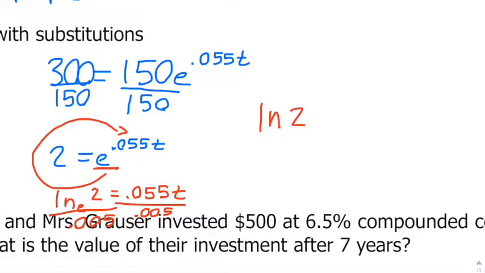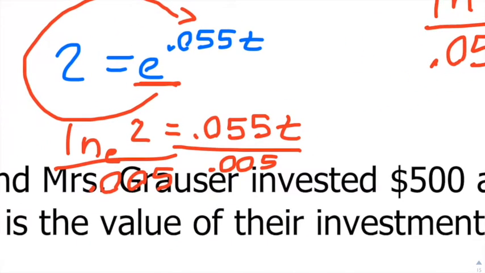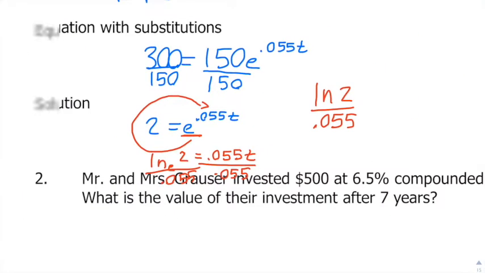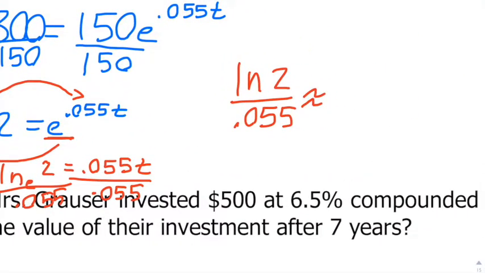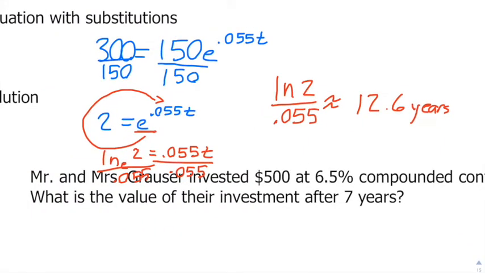So t equals natural log of 2 divided by 0.055. And that apparently is going to give us about 12.6 years once we type that into our calculator. So natural log of 2, whatever that decimal is, divided by